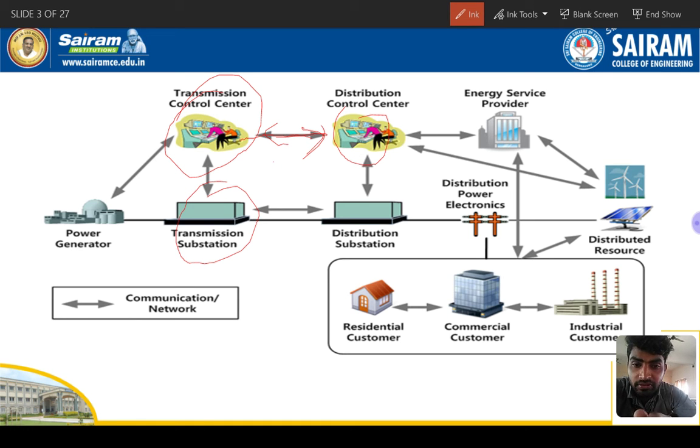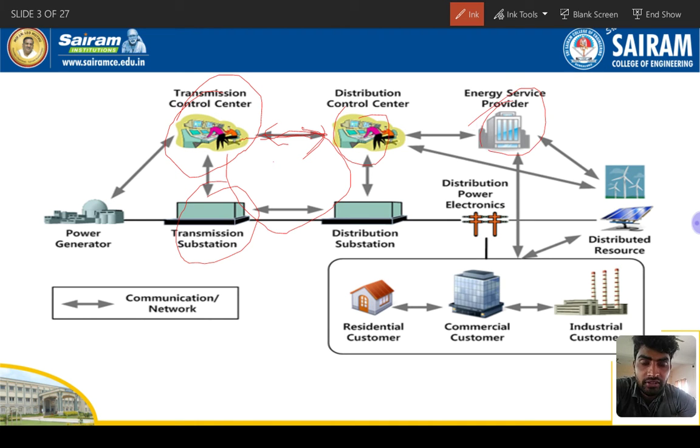Next we have a distribution substation. It's like a cycle, so one cycle will be there. Here there is the distribution control system center and the distribution substation. Here we see how much power supply is entering and how much is outgoing from the distribution, and the area-wise power requirement, like industries, domestic usage or residential usage, is all segregated here. Next there is an energy service provider.